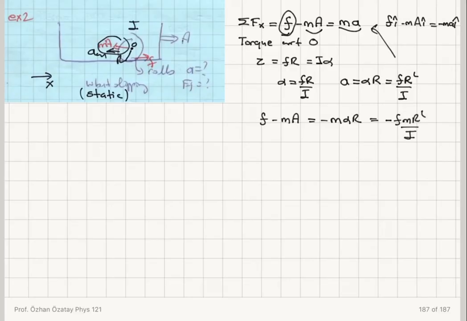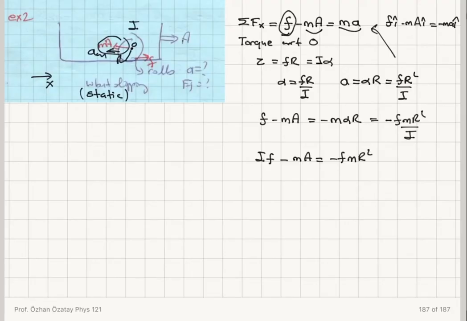So this is going to be equal to minus f m r squared over I. So you can see how important it is to pay attention to the directions in these equations. These equations are all vector equations, so we have to make sure that everything is direction-wise consistent. Okay, so with this correction here, I have